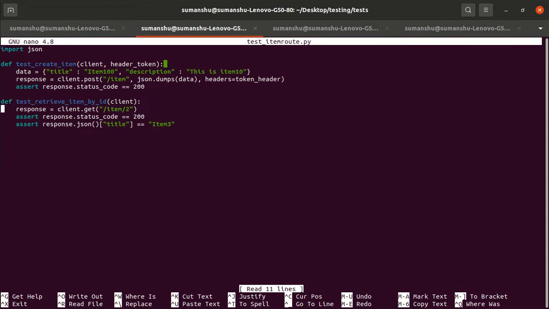Item route, so we will delete the data and create the data from scratch, and it should be setting dot test item. So we will define the test item as well. Unnecessary, this is creating issues.